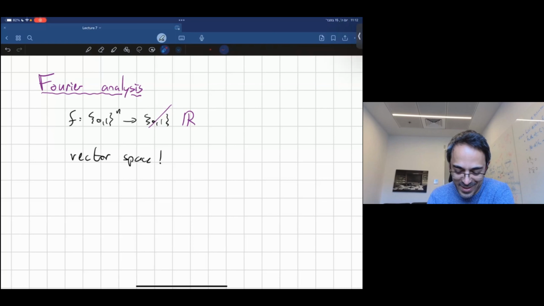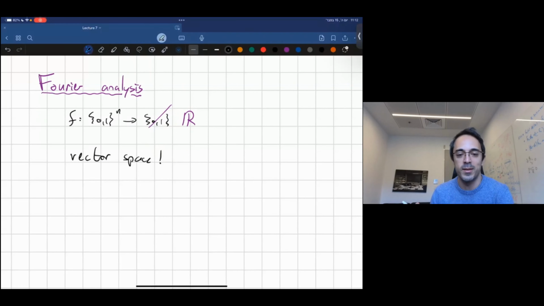Resisting the urge of working with Boolean values is actually a recurring theme. You don't want to work ever with Boolean values unless you have to. You want to be more general and then collapse back to this computer science world that we're living in. So once we increase the range to R, you want to do it for other reasons too. If you take averages and stuff, you get values in the interval [0,1]. But once you move to R, a field, it's a vector space. And not only is it a vector space, it's also a metric space. Even